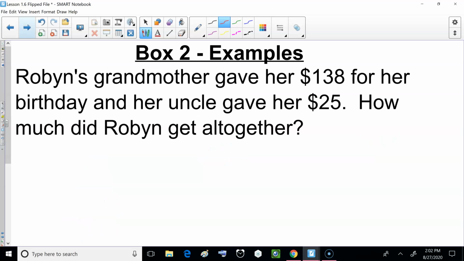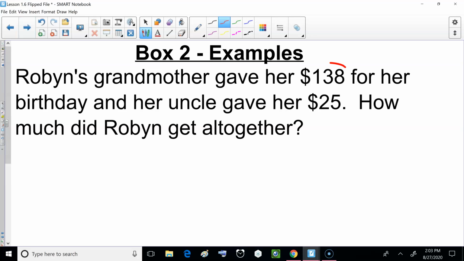The other thing is that if we're just working on computations, this is great, but now we got to start working on word problems and understanding word problems and getting information from word problems. Robin's grandmother gave her $138 for her birthday, and her uncle gave her $25. How much did Robin get altogether? So we look at this problem, we're thinking, all right, so her grandmother gives her some money, her uncle gives her some money, and now how much did she have altogether? So kind of visualizing the problem, and we'll work on more specific word problem strategies as we continue to move